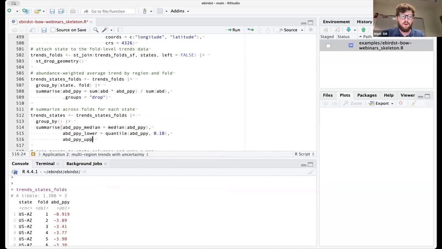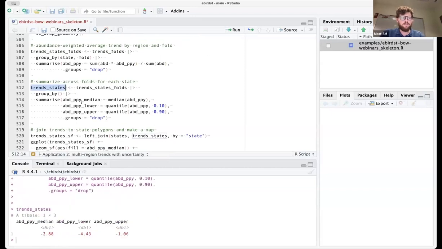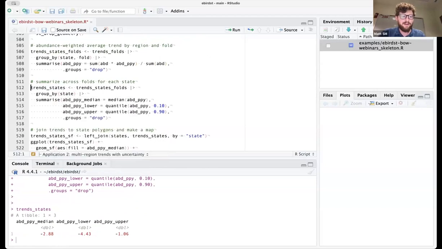And then I'll calculate the upper confidence limit. And in this case, I'll use again the quantile function, but this one will be the 90th. And again, I'll just drop the groups. Okay, whoops. Forgot to put state in here. I didn't actually group by anything. Okay.